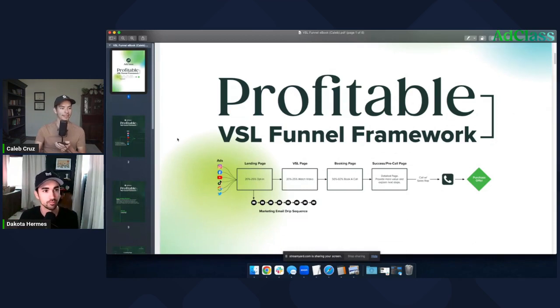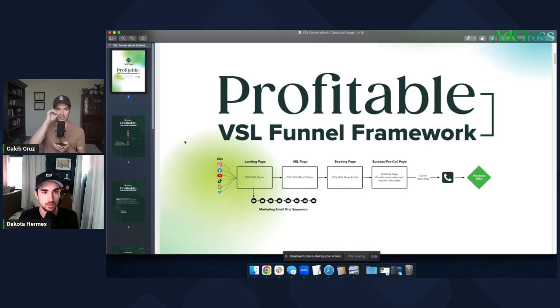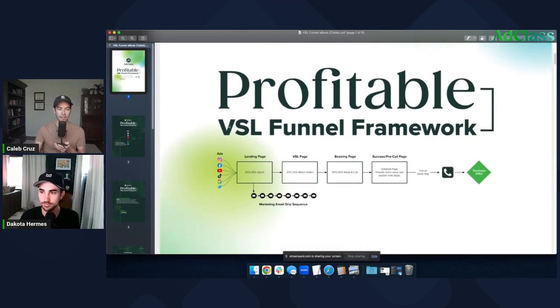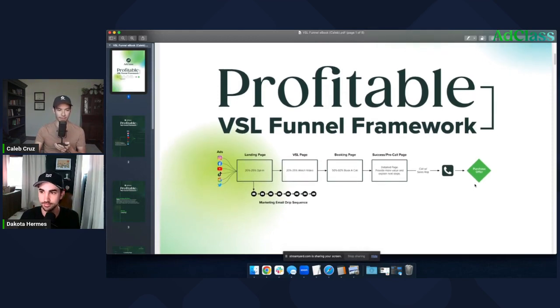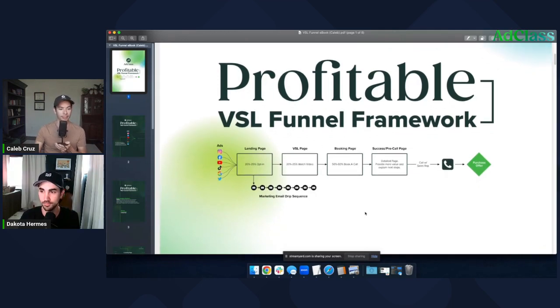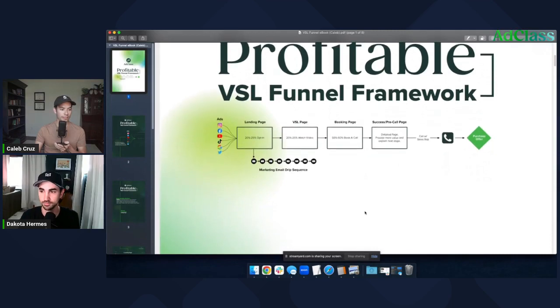Exactly. Cool. So on the first page here, we've just got a high level breakdown. Tried to zoom in as much as I can. Some of this text might be a little bit hard to read, but basically at a high level, this is kind of what the VSL funnel looks like. If it looks a little bit scary or overwhelming, don't worry. We're going to break down each step along the way. So let's go ahead and move into